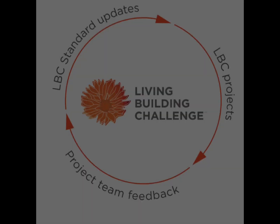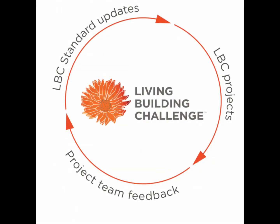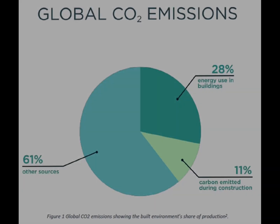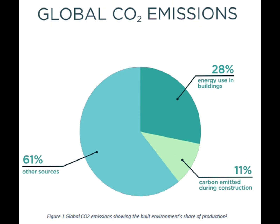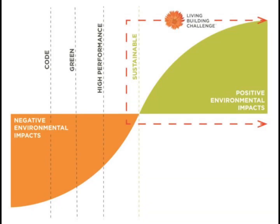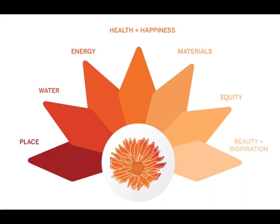The LBC was officially founded in 2006, and the International Living Future Institute, ILFI, was formed in 2009 to provide oversight. While other certification programs are based on estimated performance, the LBC differs in the fact that it is based on actual performance. Because of this, buildings that achieve this certification have a reduced carbon footprint, benefiting the environment they are built in. To understand how the LBC reduces carbon footprint, we must first look at how the certification program